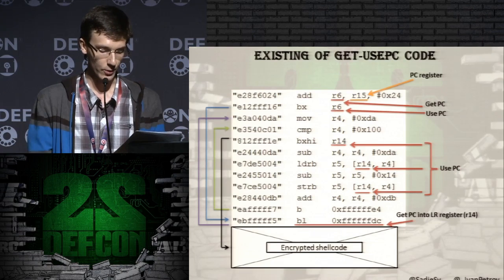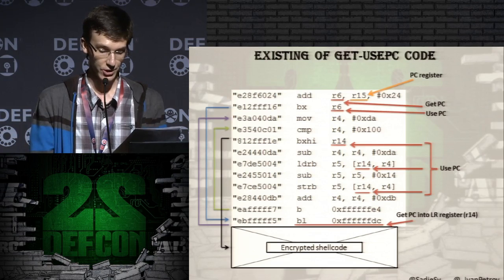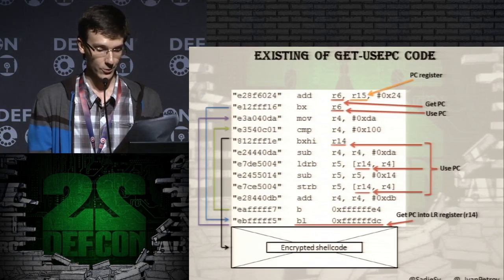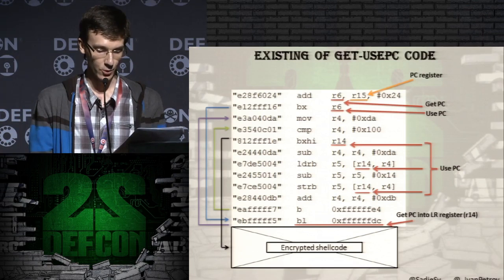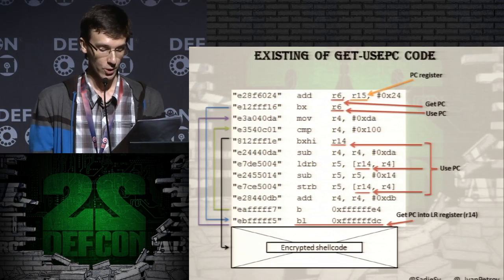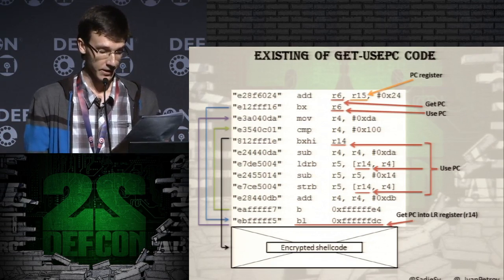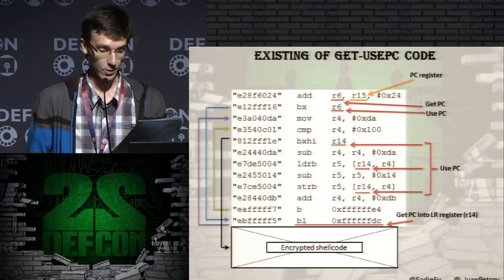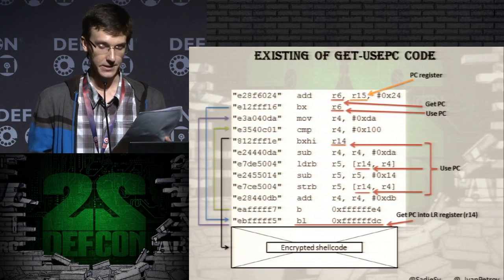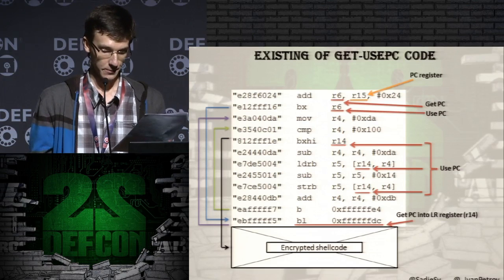Unfortunately, in IRM, we can directly get the program counter register without any redirections. That is to say, the existence of get PC code could not be the strict property for the detection. So, we updated the get PC feature to a get and use PC feature. Okay, what is this feature? This feature tells that there was an access to the value of the program counter register, and then this value was used in load, store, or jump instructions.